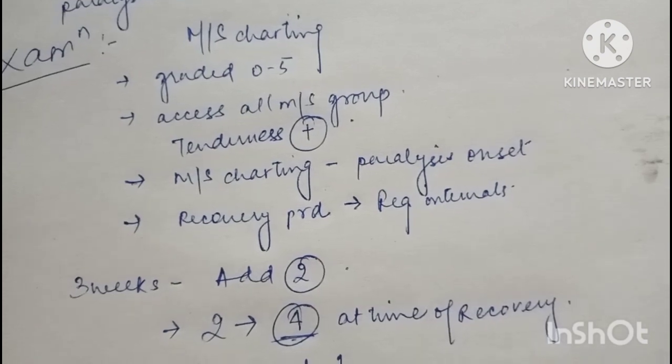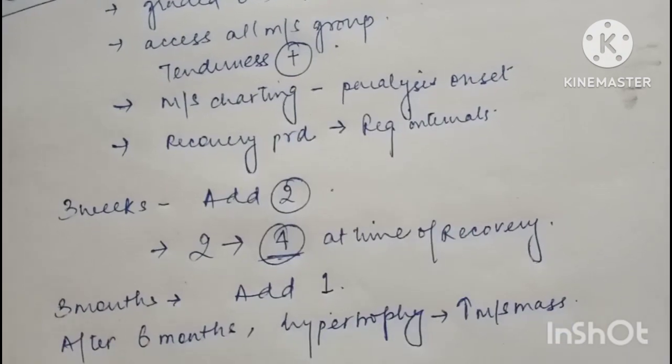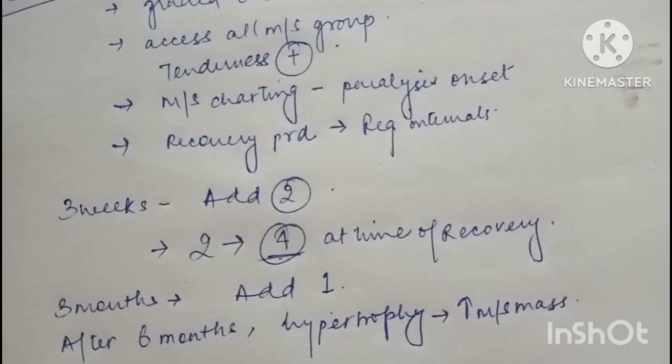At the 3 week, this is the hack for you, add 2. So at the final stage, if you add the 2, for example the power of the muscle is 2 at present,